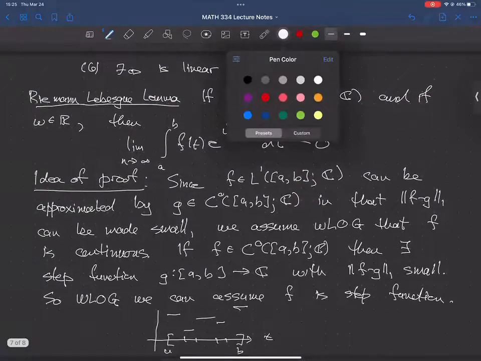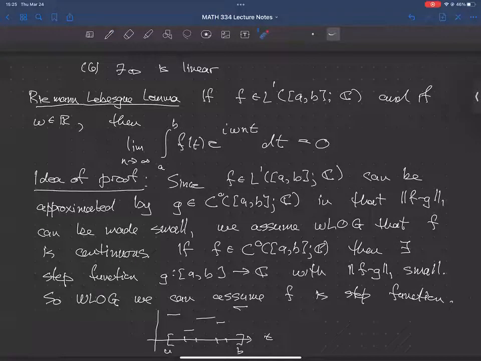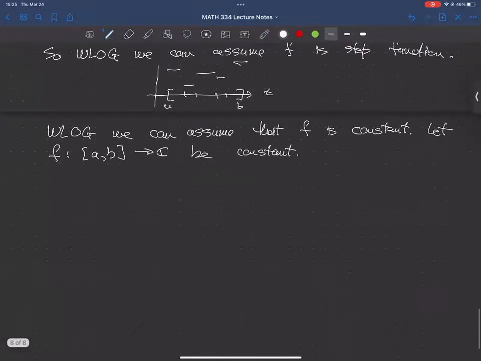So f is constant, so that constant's going to come out of the integral, and really all I'm interested in showing is that the integral from A to B of the harmonic functions, as the frequency increases to infinity, becomes 0. Now I claim that's obvious. To see why the lemma is true in this case,